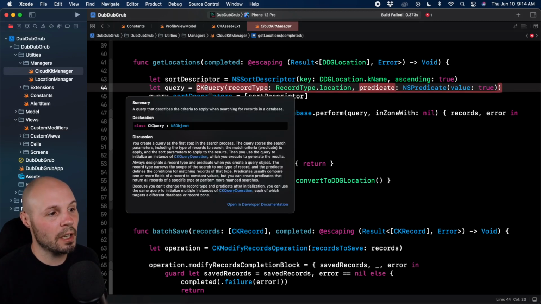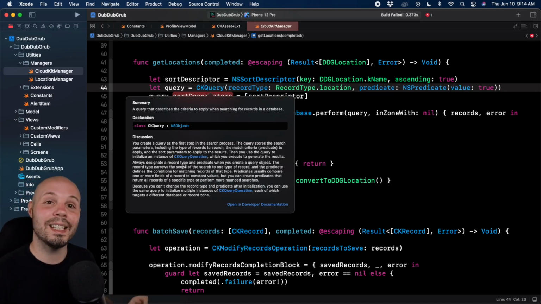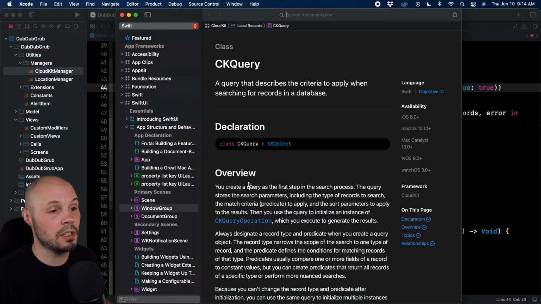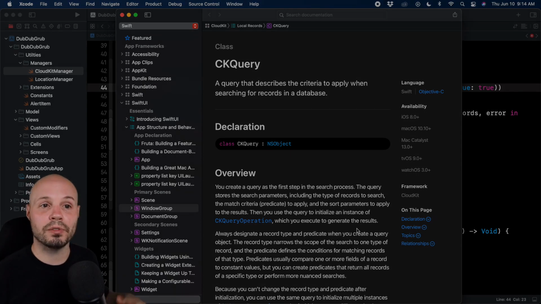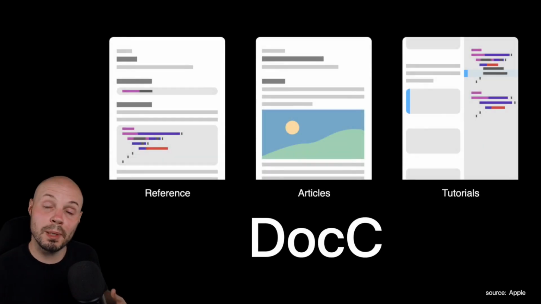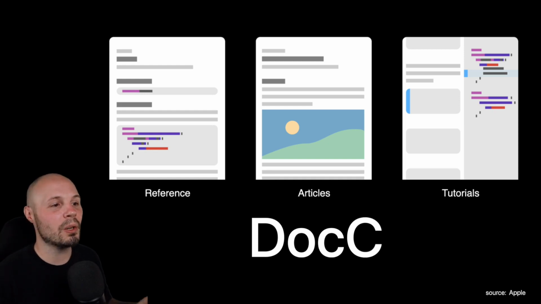And I option click on it and I get this little quick look, docc allows you to do this for your own code. And again, you can hit open in documentation and there you go. Your documentation would show up here as well. It also allows for articles and interactive tutorials similar to Apple's own SwiftUI tutorials to be built for your code base as well. So again, I'll link to the WWDC talks in the description, but this is another big addition